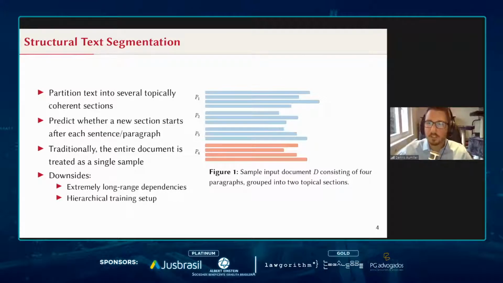And so what we assume here as an input is usually some kind of document that has a natural structure in terms of the paragraphs here. And indicated here with the colors, we have first 3 paragraphs that are topically coherent, and then a 4th paragraph that is covering an entirely different topic. And now basically the task of structural text segmentation is to generate this labeling in terms of colors that we do not have a priori.